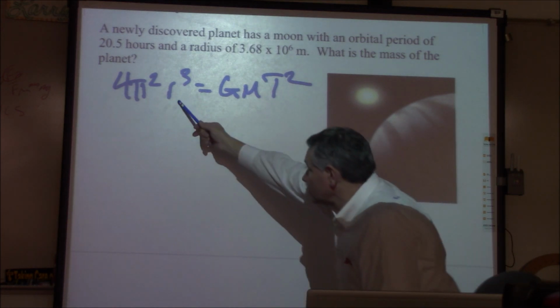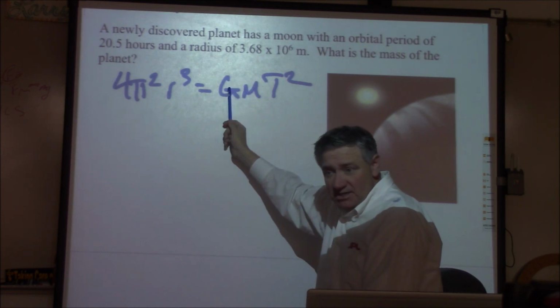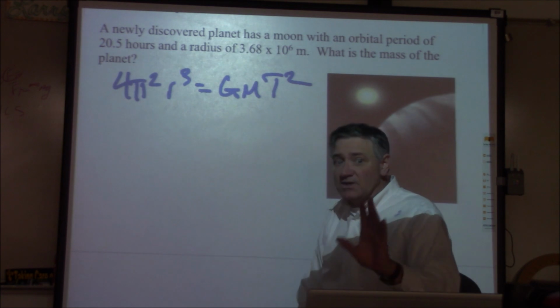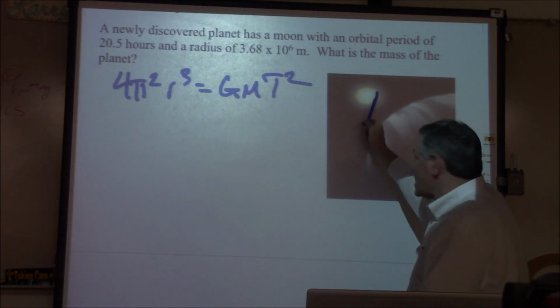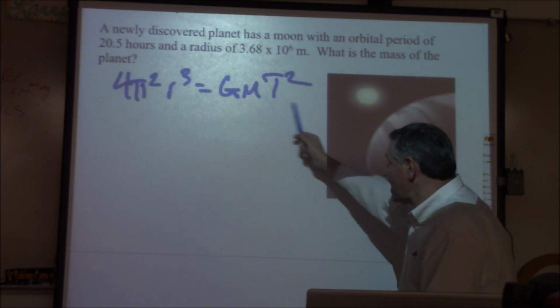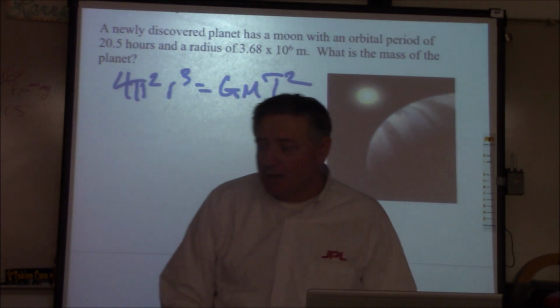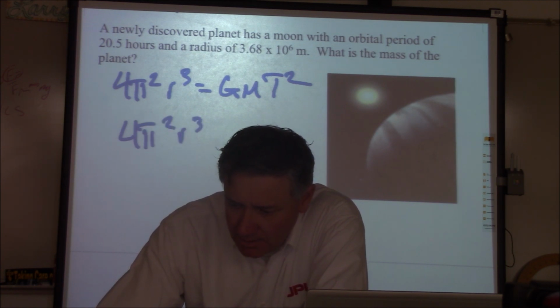So you've got the orbital radius, you have the orbital period, you know what big G is, and the only thing you don't know is this mass. Again, this is not the mass of the moon. This is the mass of the planet that's orbiting. This mass will always be what's at the center of that orbit. So I'm going to get mass by itself, so I'm going to have 4 pi squared r cubed divided by